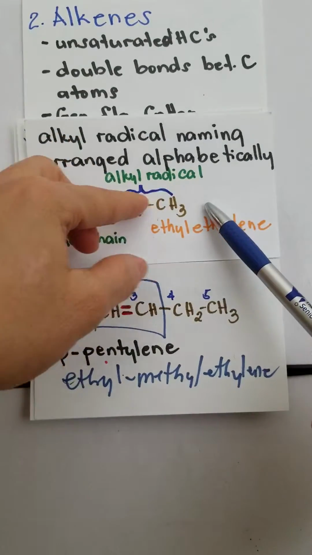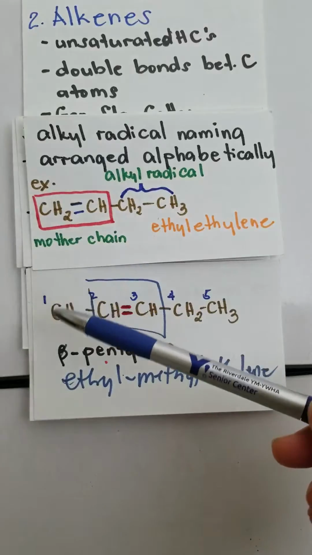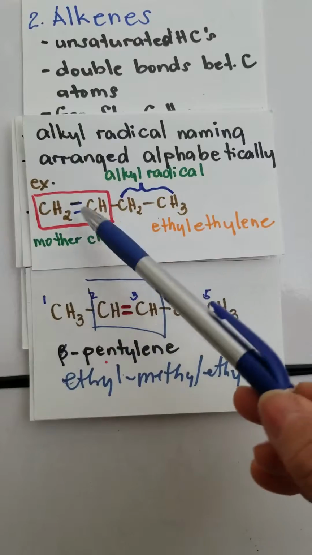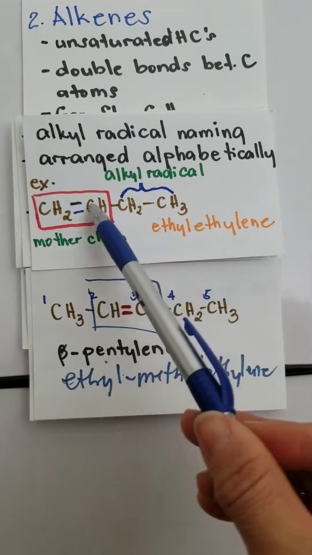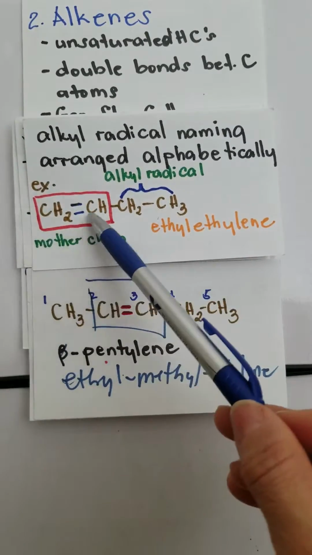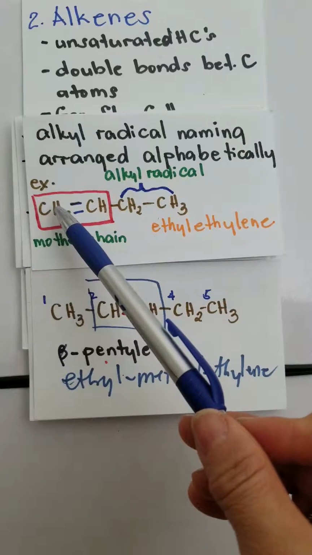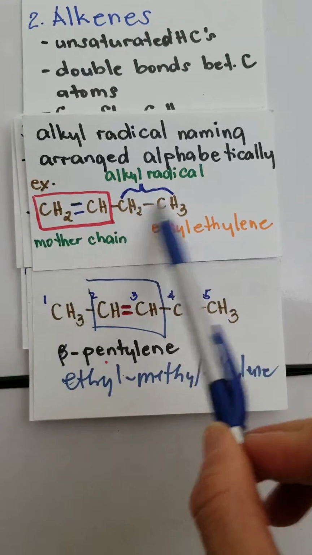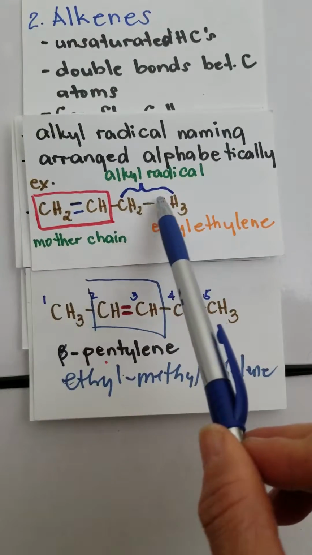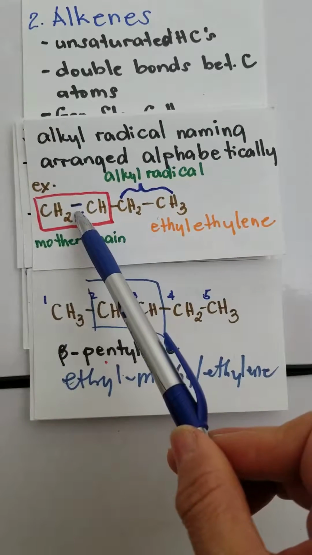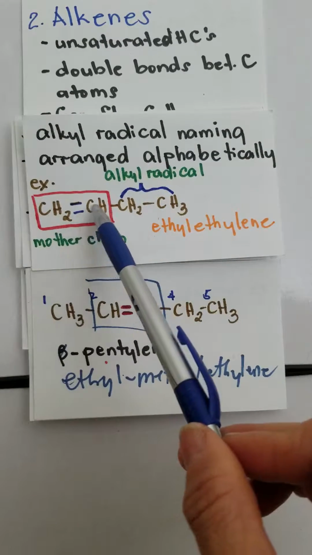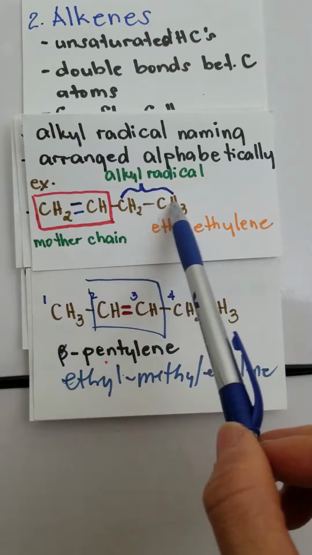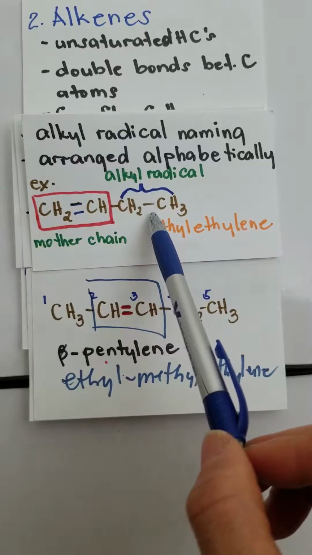So this is another example of the derived system of nomenclature and how to name alkene, unsaturated hydrocarbon compounds. This is a simple one, where your ethylene parent chain or mother chain is at this end, and no matter how you extend the number of carbon atoms attached to this one, we still have only 1 alkyl radical attached to our parent chain, which is the ethylene. In this case, it has only 2 carbon atoms. What is the name of the alkyl radical that has 2 carbon atoms? Is it